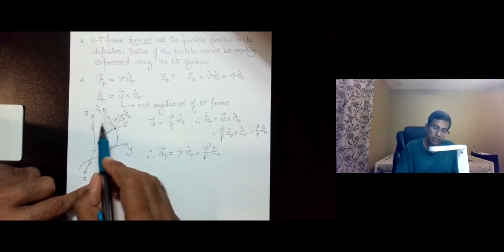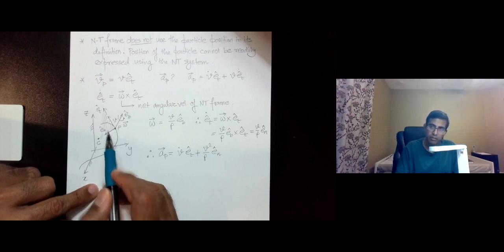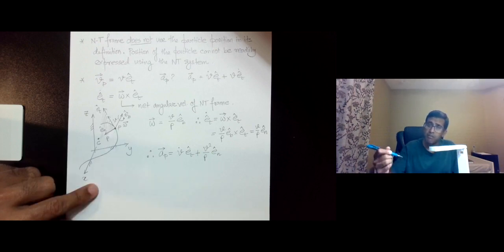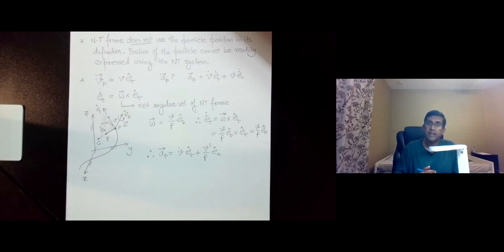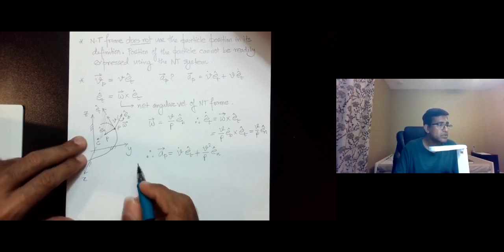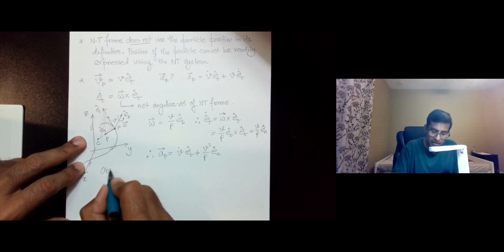So any particle which is going in a circle or a curved path must have an acceleration to the center of that curve at any given instant. And that is a very important insight. It tells us that even if the particle is going at a constant velocity along a curve, that particle has an acceleration towards the center of the curve. Okay, so the observation is that